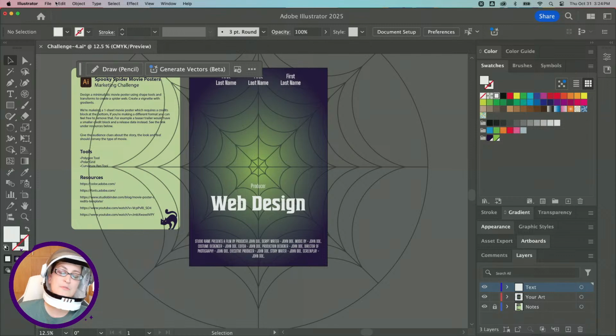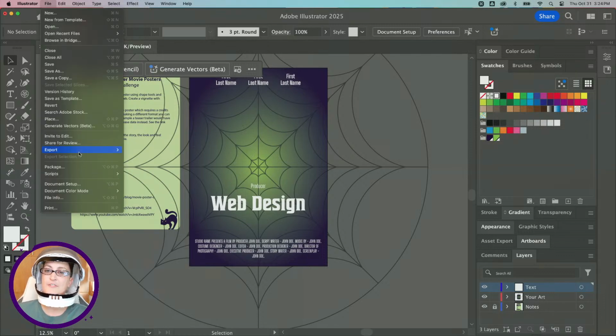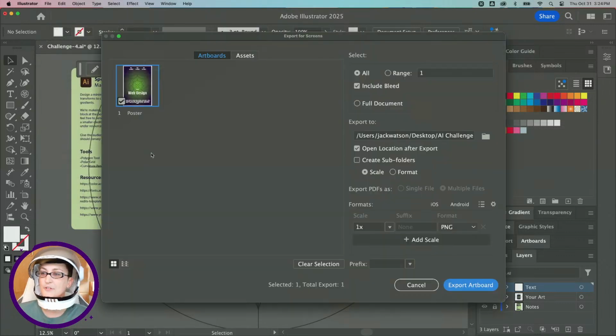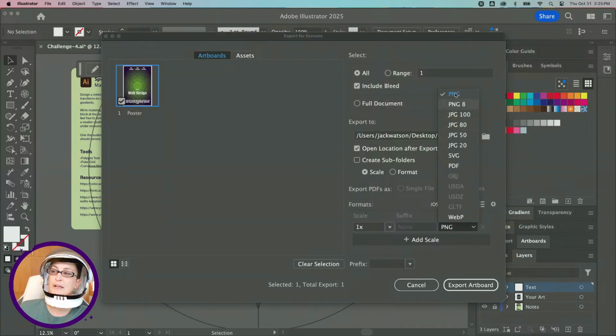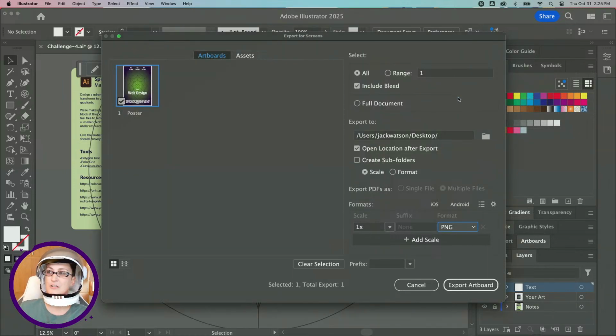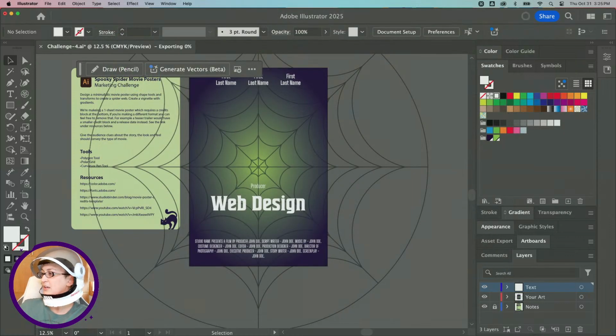Once you're ready to share this with everybody, if you're satisfied with the way that your design looks, you can go to File, Export, Export for Screens, choose where you want to save it to. I'm going to save it to my desktop, and then choose a PNG or a JPEG. Those are going to probably be the best options if you want to share them in the Discord. Once I hit Export,